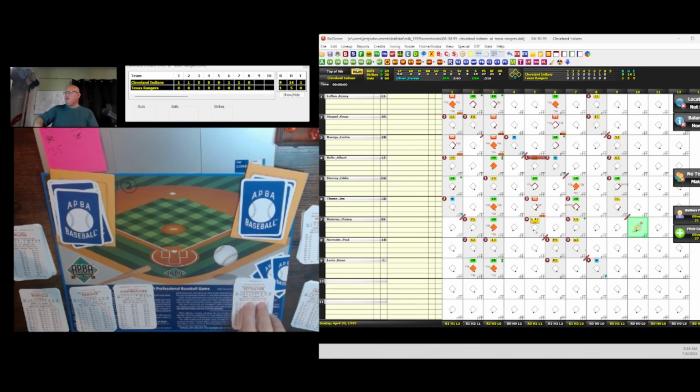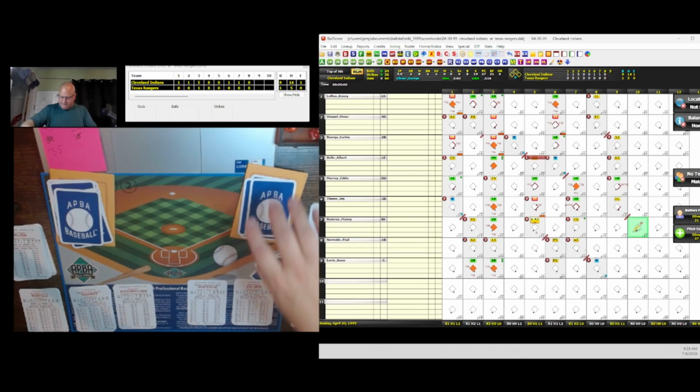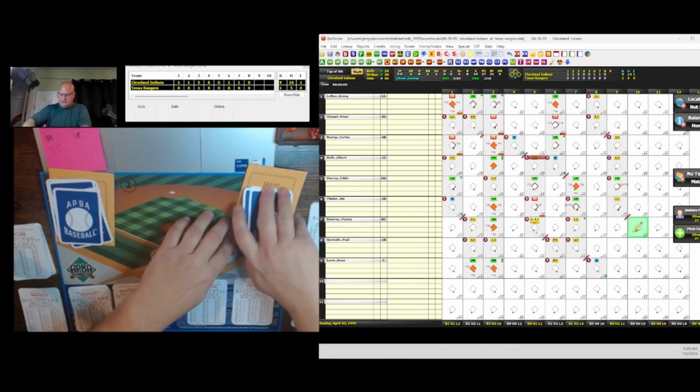All right. So now we're going to go back to Cleveland in the top of the 9th, and we're going to bring in Matt Whiteside to pitch. He is an ex-pitcher. He's a 1. What was our starter? What was Bobby Witt? Was he a 1 or a 2? He was a 1. So we're going to stay at 36 for actually, you know what? What was the difference between Rodriguez and